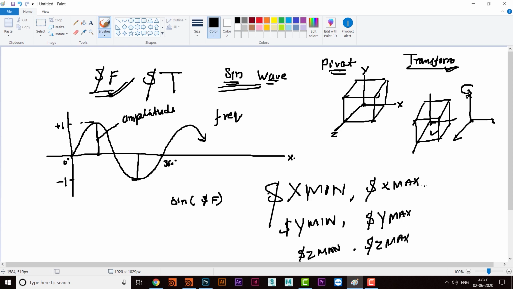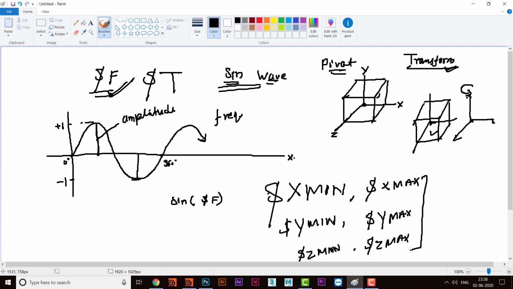These all give us the maximum and minimum value of whatever object we use in Houdini. That is some sort of bounding box: the minimum and maximum values of the bounding box.